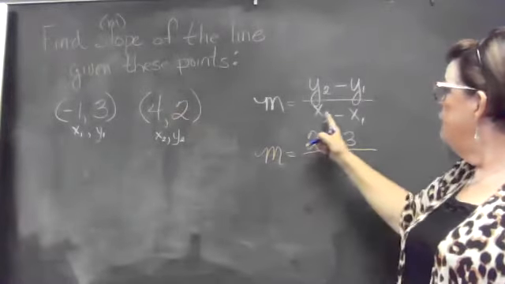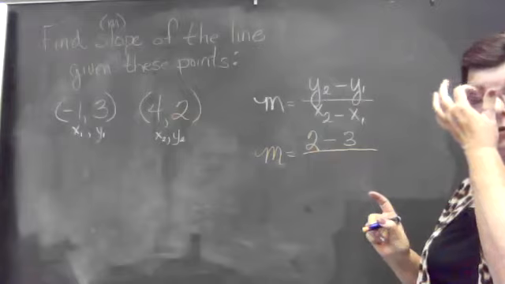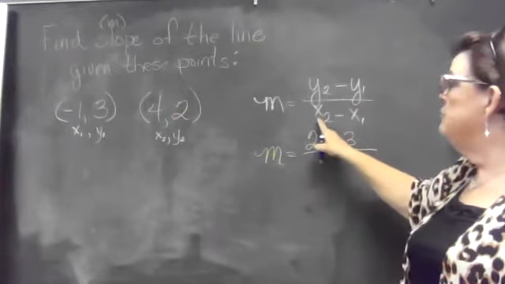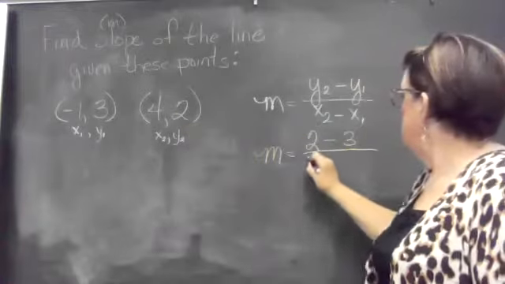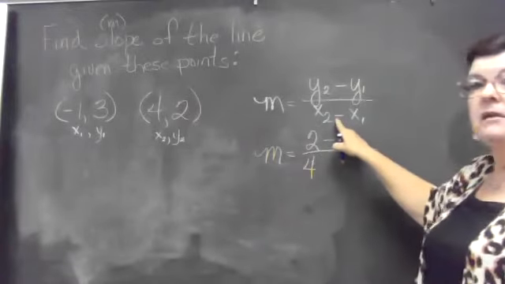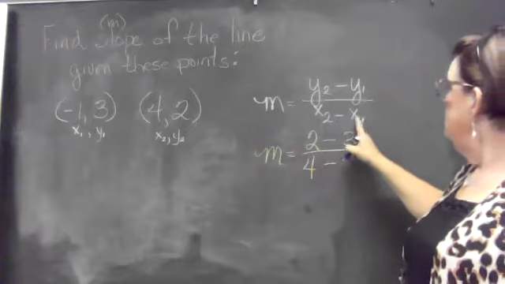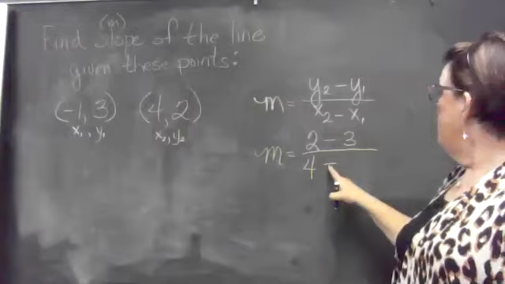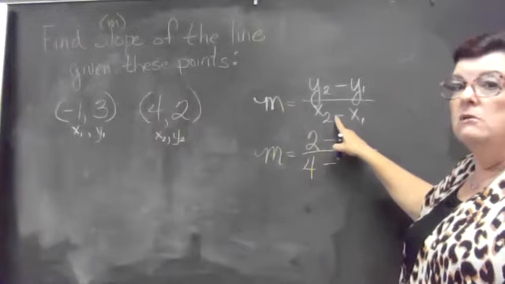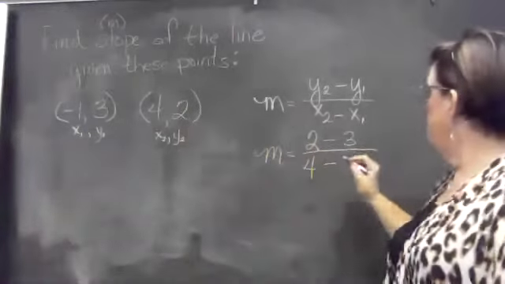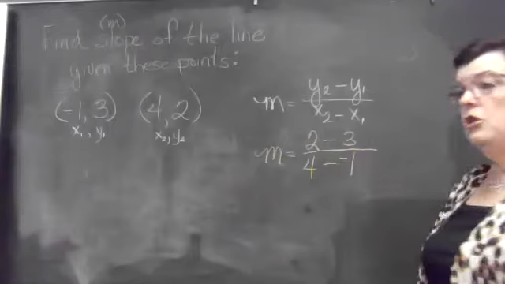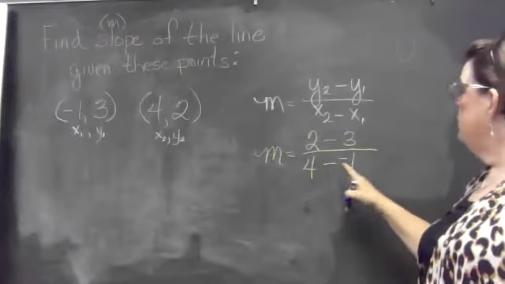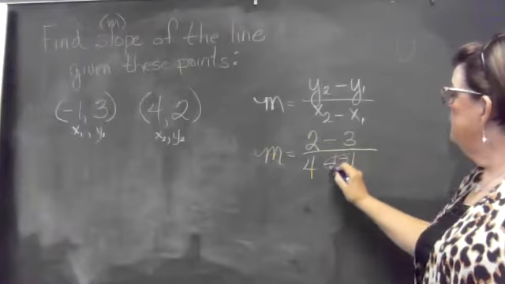And then over, which means divide. This is a fraction. Remember that slope is a fraction, right? Okay, so it says to find x2 now, and that's 4. Then I have to put a minus because it's in the equation. And then x1, which is a -1. Now be careful here. The minus is because it's in our formula. But then the -1 has to be written also. So we're going to have 2 negatives there. Is everybody okay with that? All right. And we know that 2 negatives together, we'll go ahead and circle that up and make it a